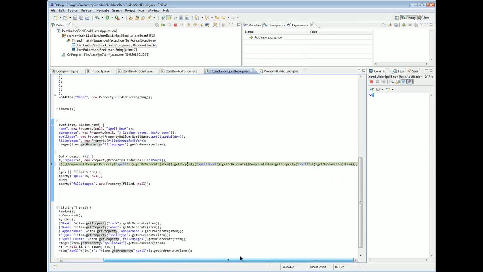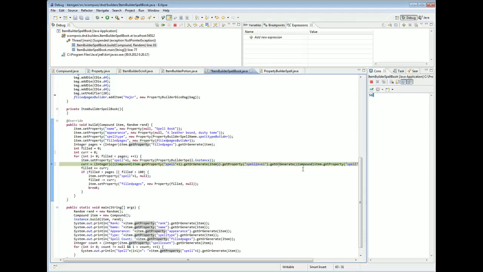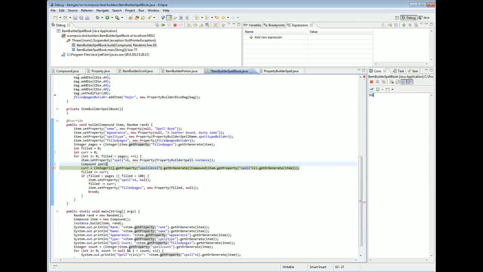This is hard to try and break out, so maybe we'll split it into pieces. First, we'll get a compound that is the spell. So spell.get property spell level, get or generate. Use spell again. Save and